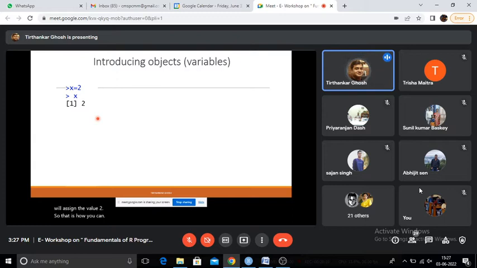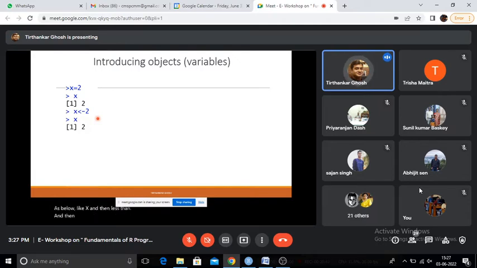Once you have assigned x equal to 2, it will not return anything, but after that if you type x and hit enter, it will return the value of that memory box, which is 2. The same thing can be done as below: x, then less than and dash, and 2.